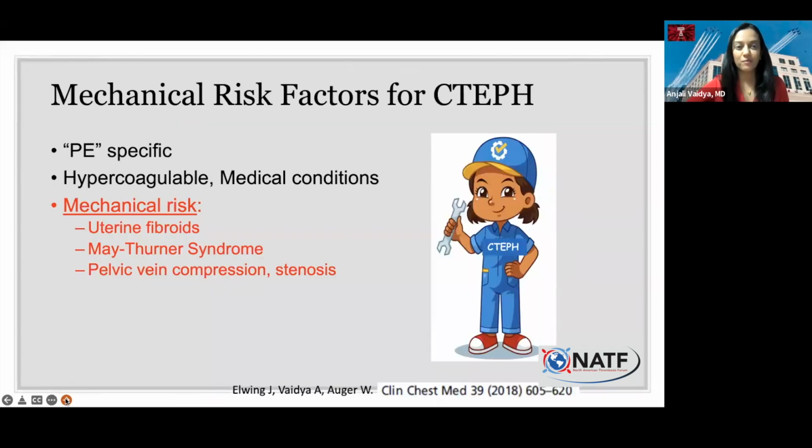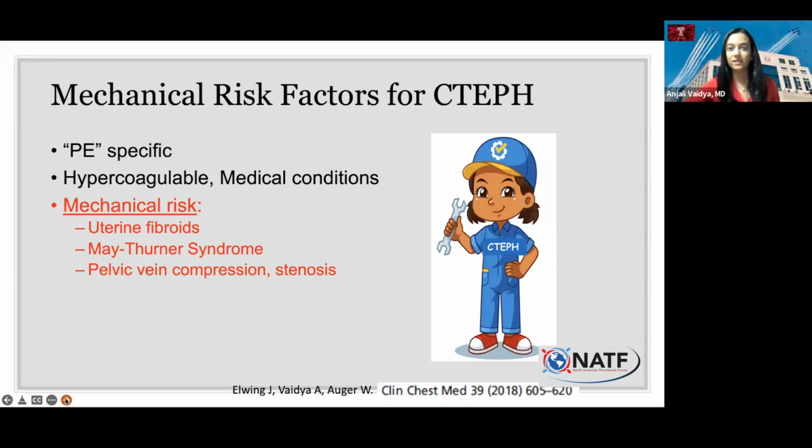And for the final portion of the diagnostic testing, Gustavo really nicely talked about medical conditions, things that make your blood clot more severely. And I just want to touch upon sort of a newer category of risk that I call the mechanical risk factors for CTEPH. And this refers to things that can happen in our abdomen or in our pelvis that actually block the big veins in our body, whose job it is to deliver blood flow back to our heart. And if we're compressing those veins, it can make it much more common and make us a higher risk to develop clots in those veins that are being compressed.